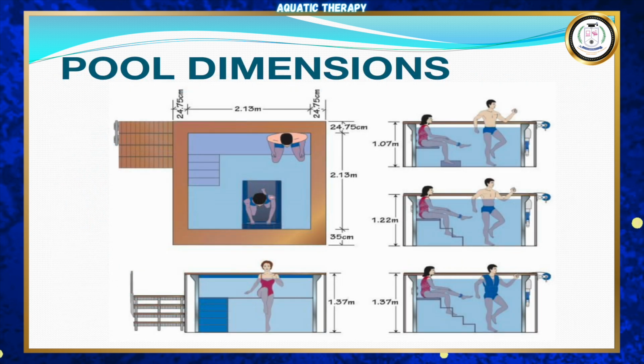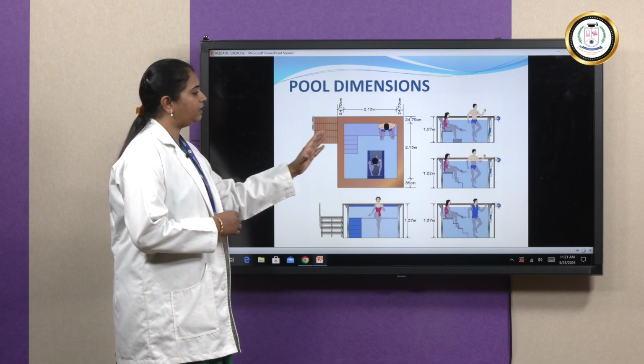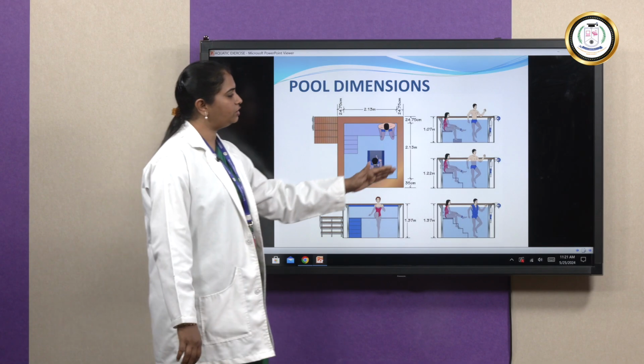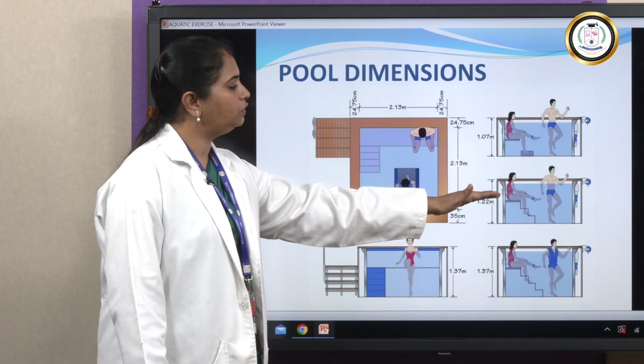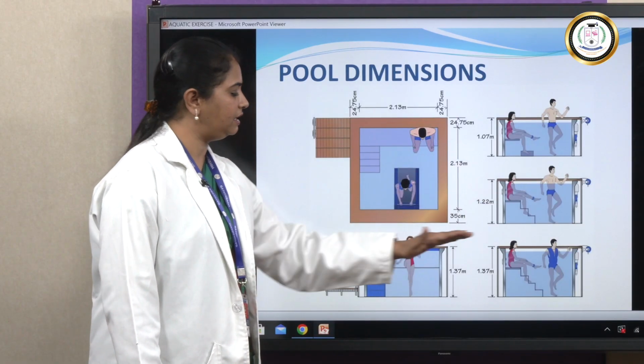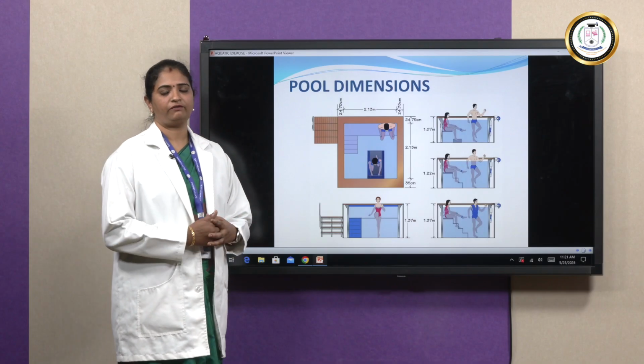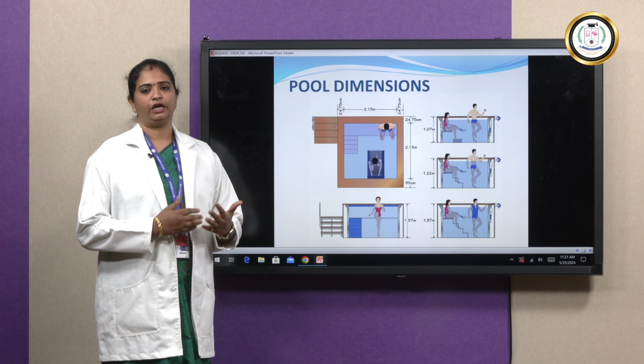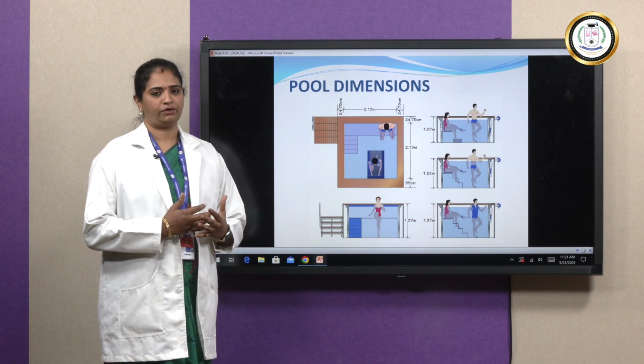The pool dimensions: there are standardized pool dimensions which have to be followed for an individual person's space occupied and for the exercises to be performed. The pool has to be maintained in such dimensions where there is an immersion from partial hip level to the xiphoid process level and the neck level to do a particular level of activities. Strength training, aerobic training exercises can all be performed.